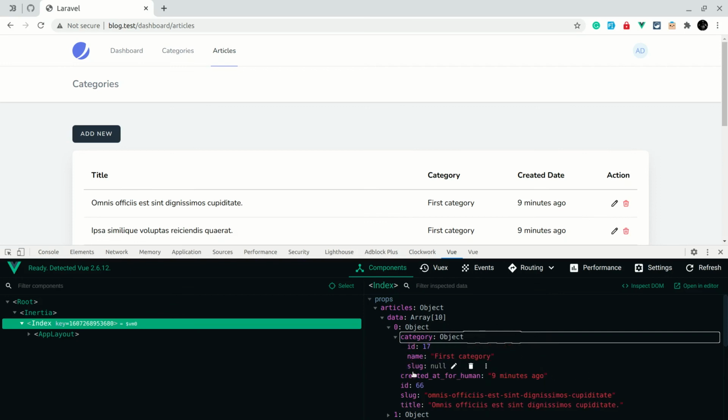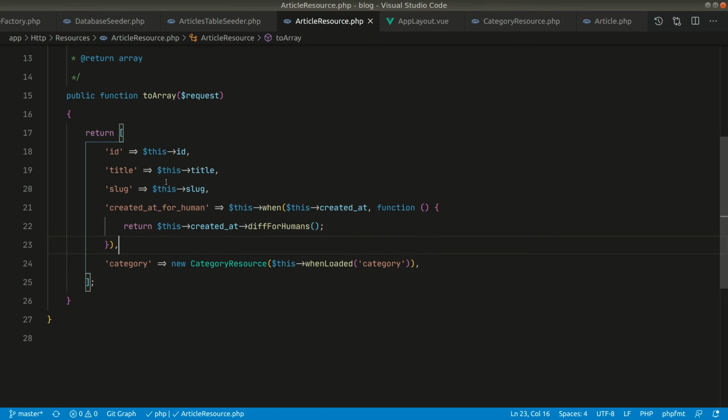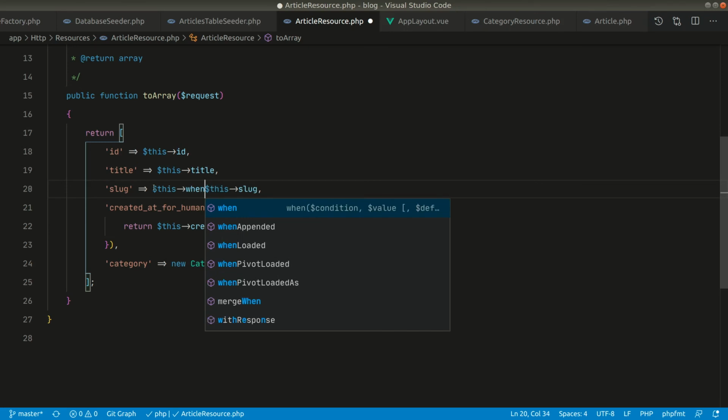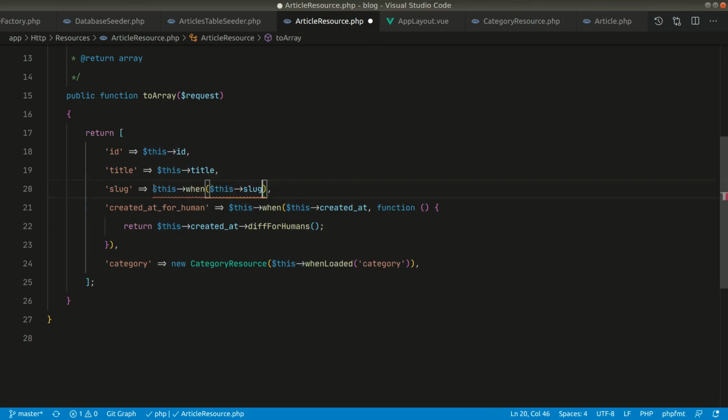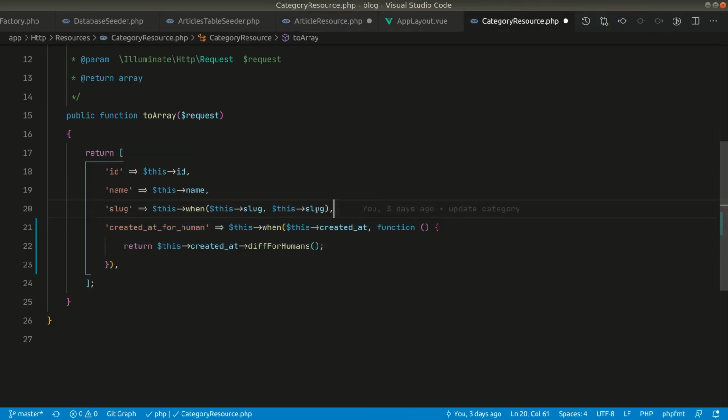You can do the same thing for the slug as well if we don't want this slug to appear over here. So let's do that for the slug as well, and I'll show you another way of doing it. We'll do the same thing with when, but we will not pass it as a closure. We'll just pass a value over here. So if there is a closure, it will just execute the closure, and if there is a value, it will just echo the value. So instead of a closure, let us do this here, and let us copy this and do the same thing over here in the slug as well.